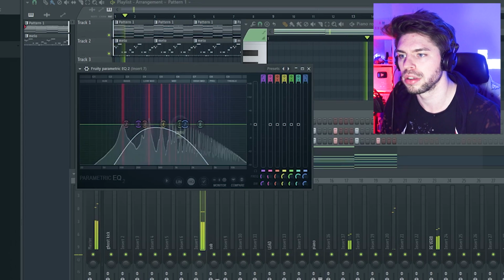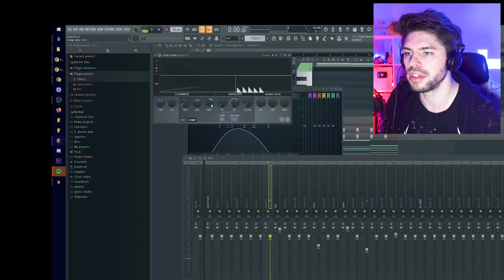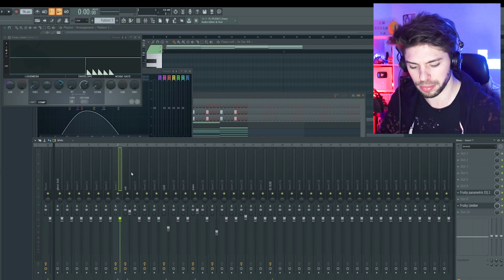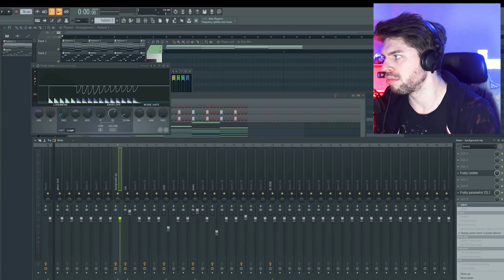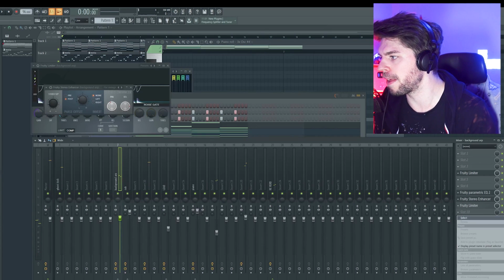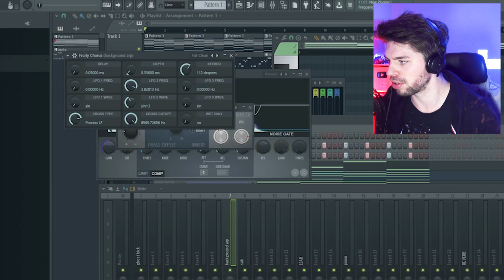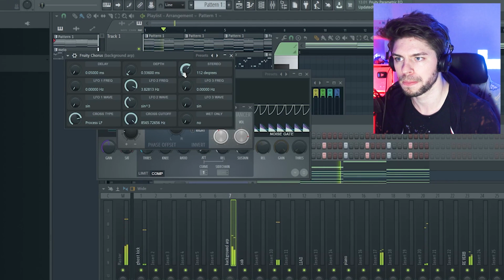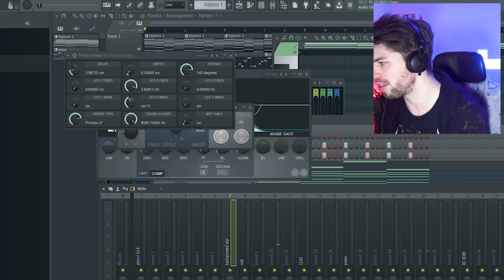So, fruity limiter, compressor mode, ratio up, threshold down, and I'm sidechaining my kick drum to this, right? Stereo enhancer here. Ready to push it to the sides and some fruity chorus, which sounds nice on this type of instruments. It makes the instrument wider and richer. And perhaps some delay would be nice here,